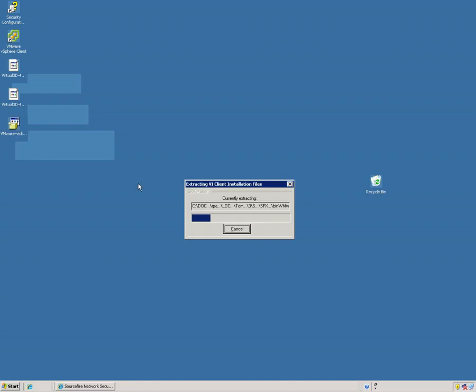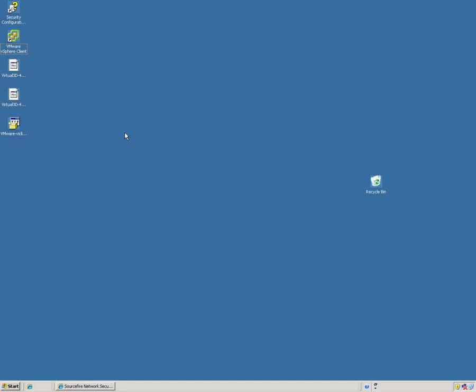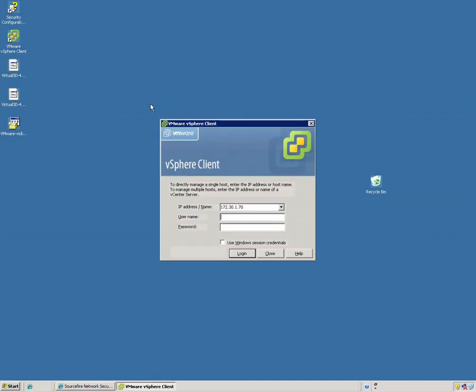Once you do that, you will be ready to start the VMware server configuration process. If you've installed the VMware client, you now want to run it, so just double click on it here. It'll prompt you for the username and password. You'll need to get these either from your VMware admin or just create an account yourself. I'm just going to use the root password here